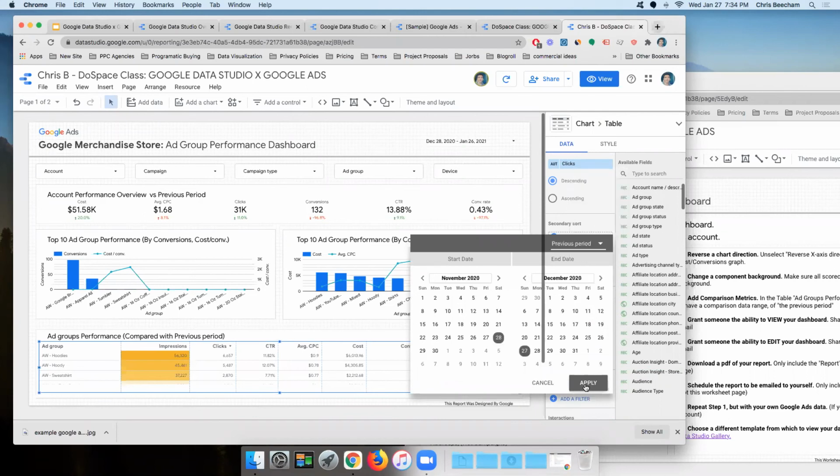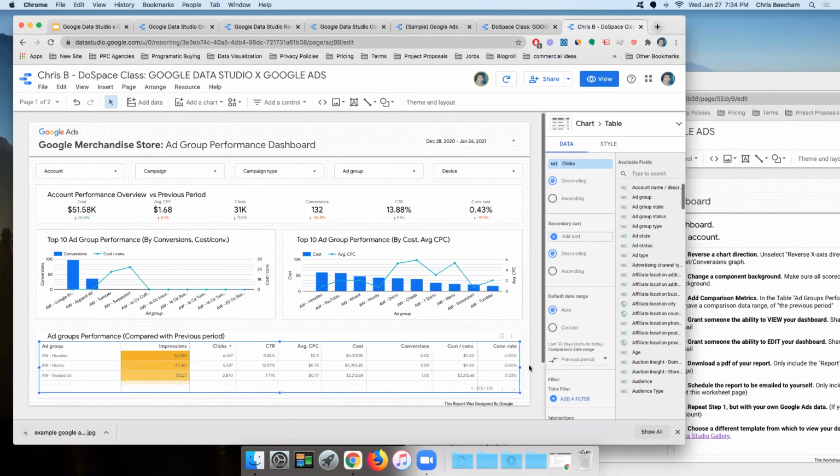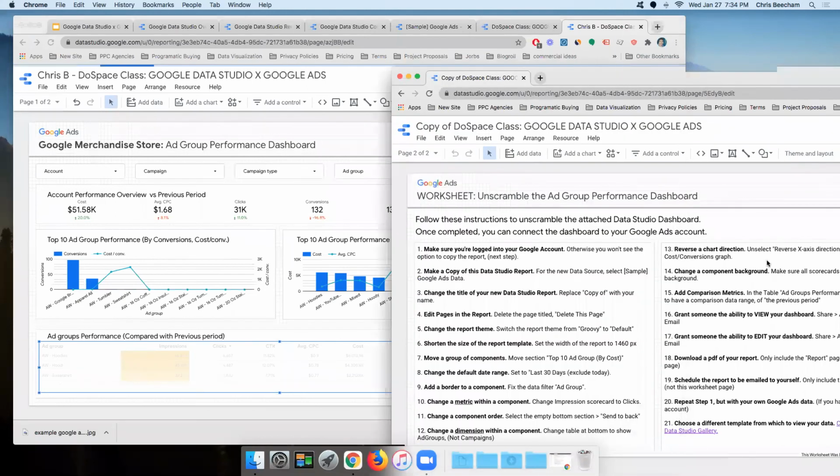And so before I click apply here, just take a little middle snapshot. I like how this table looks now. And when I click apply, there's going to be actually twice as many columns here. And so that takes a second to load. And so while it's loading. Okay,